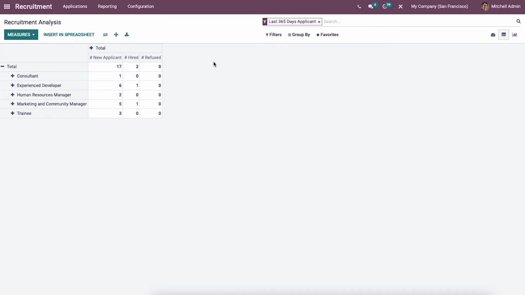So it will quickly help you to analyze the overall details of the recruitment process done by the recruiter. The management can get a general idea of what, how and when to manage the recruitment and imply the necessary strategies. So with this video, the recruitment management module of the Odoo ERP system gives you an idea that it